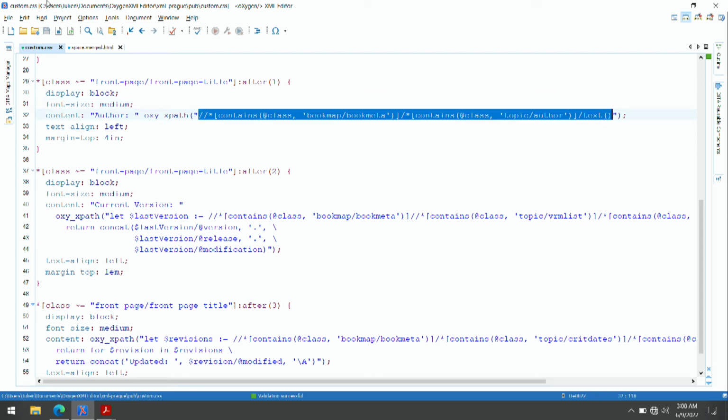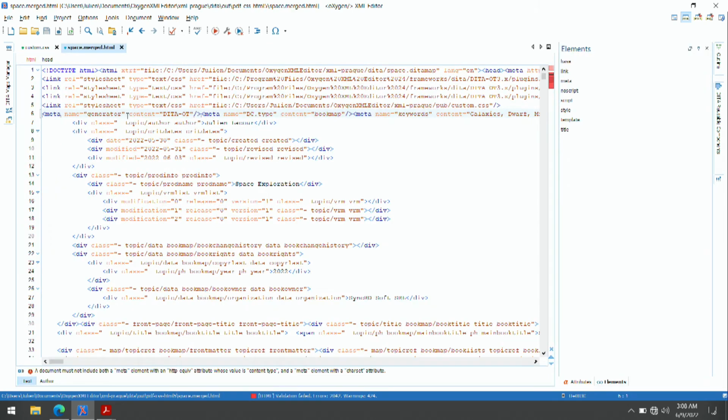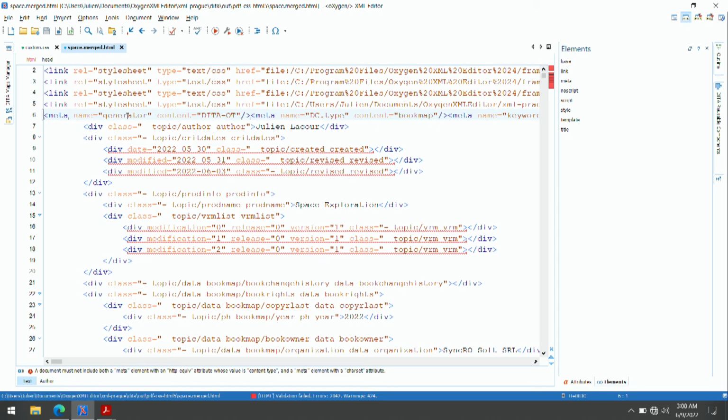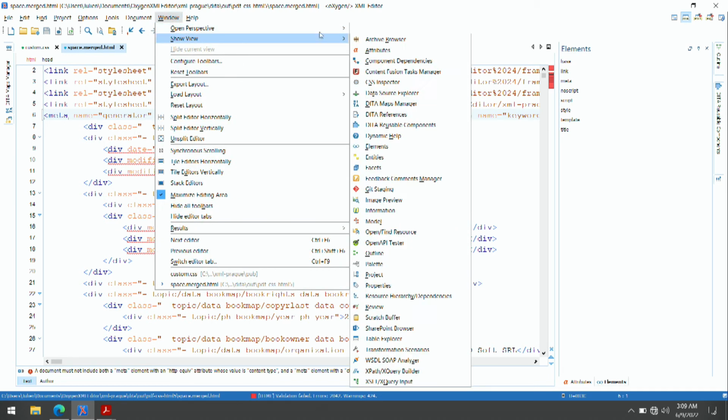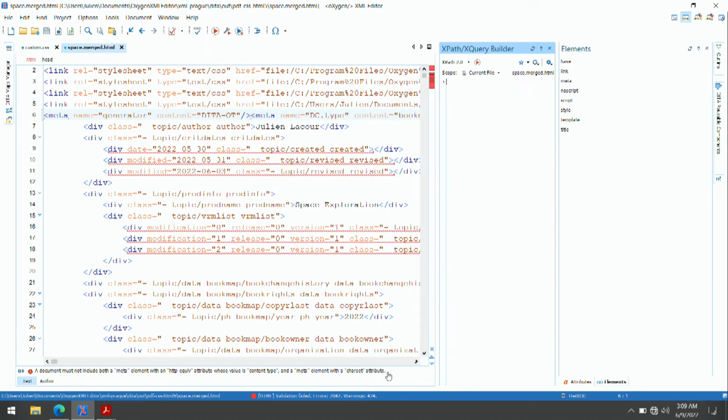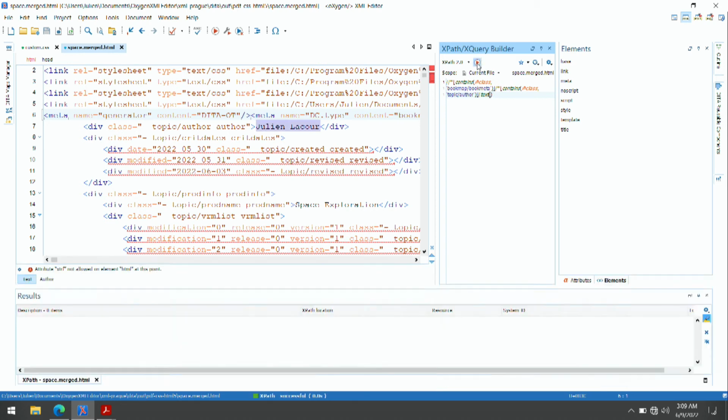the author. So as I mentioned in the introduction, this content must be valid in the intermediary merged HTML file, which is generated in this case by the transformation from data to PDF using CSS. And I can easily verify that if I open Oxygen XPath builder. I can copy exactly as it is in the CSS the XPath that I'm using to obtain the result. And if I run the specific query, I will see that the results will show me exactly what corresponds in my data structure to the author, which I am in this